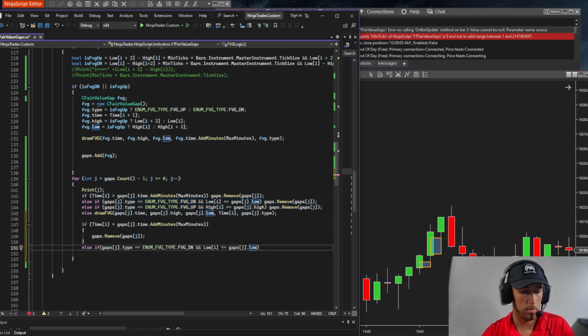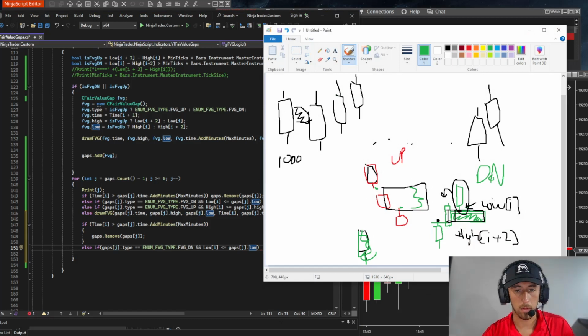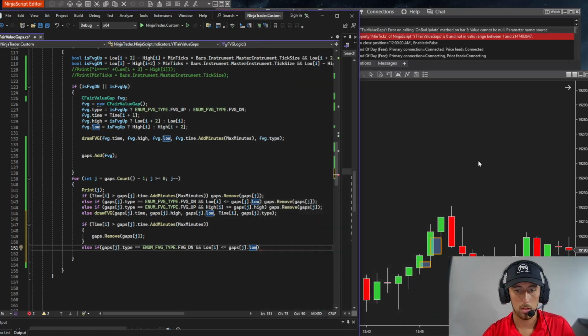So if it's a type down, so these are downs, right? And if low I is less than or equal to gaps J low, so here, then